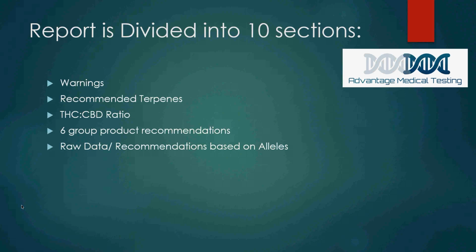It's the raw data, okay? And this is very similar to the retail panel testing with the other products that we have. It's going to show the mutation and the problems with that allele when it's dominant, homozygous or heterozygous. And it also will give you lifestyle recommendations based on your DNA makeup, okay? So we'll get to the best part of this presentation right now.